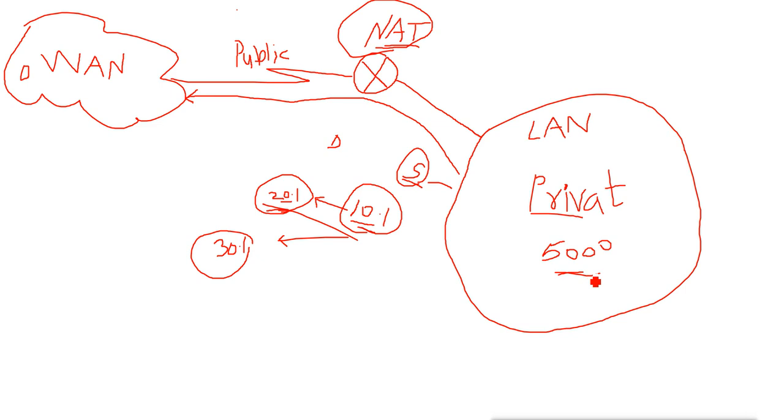But in case you want to save some IPs, because arranging this many public IPs is also difficult, since nowadays we don't have available public IPs. Mostly all the IPs are used. So NAT also becomes handy, because it can save some public IPs. Suppose we have 5,000 private IPs. For using those 5,000 private IPs, we can use only 1,000 public IPs. They all can work by using only these 1,000 IPs.